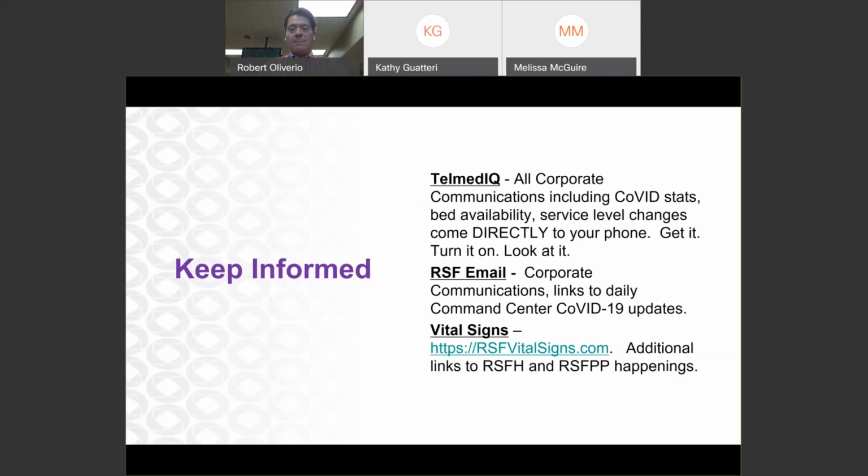Important for you: how do you keep informed? You can be informed actively by checking your email, going to websites, looking for the information posted. So RSF email, corporate communications come through there. Links to daily command center updates come through there. So you have to go check your email, or you can go on Vital Signs, and